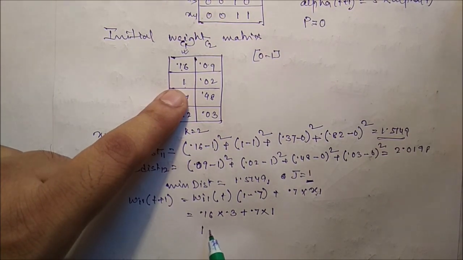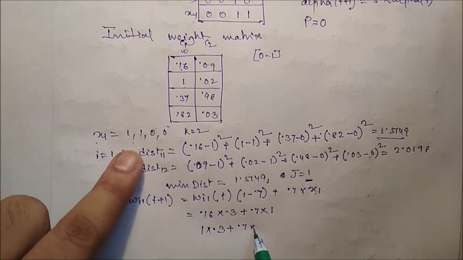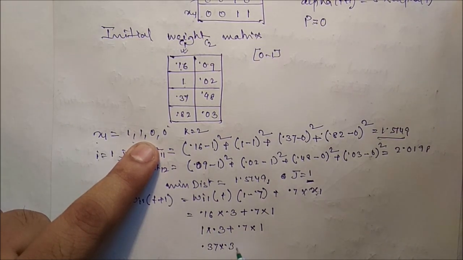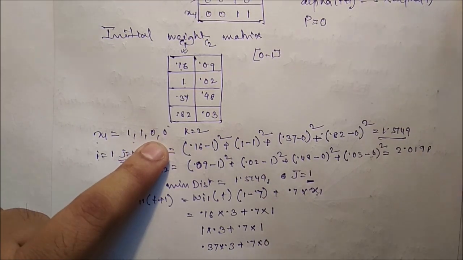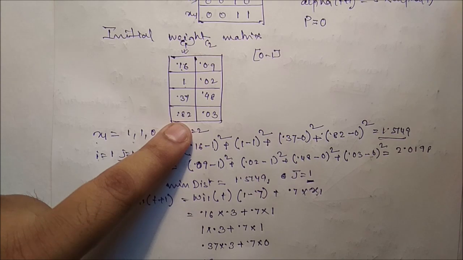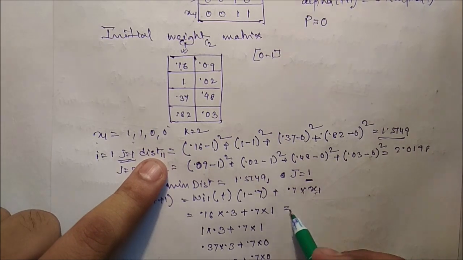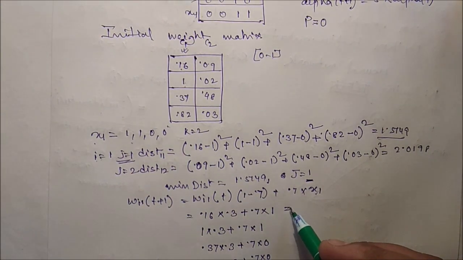So it is 1 into 0.3 plus 0.7 into 1. Next, 0.37 into 0.3 plus 0.7 into 0. Next, 0.82 into 0.3 plus 0.7 into 0. That means if you solve it, you can get it is